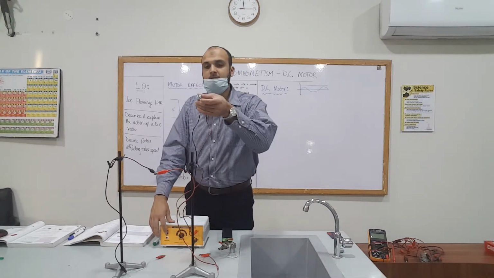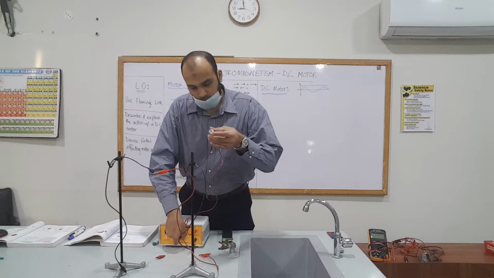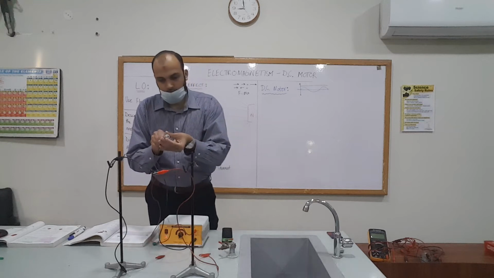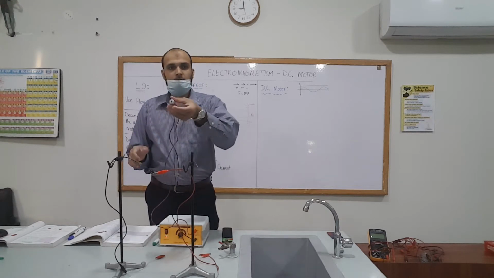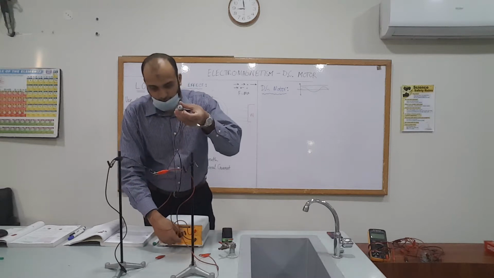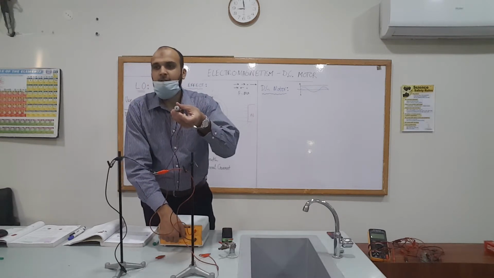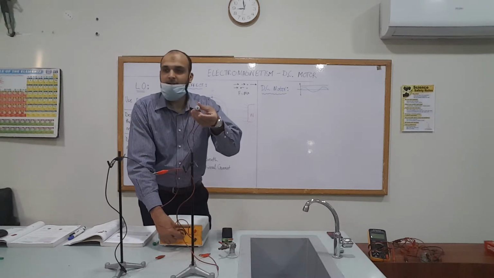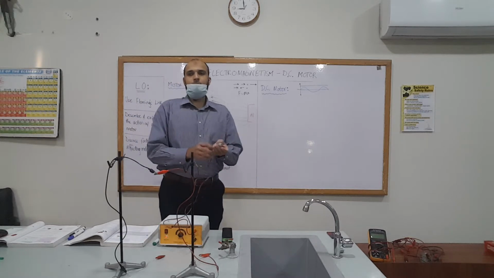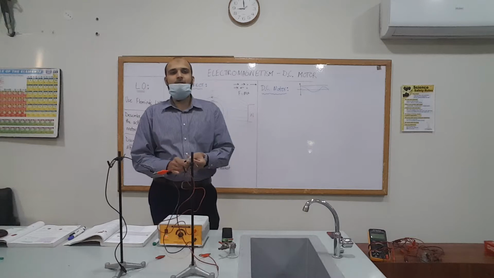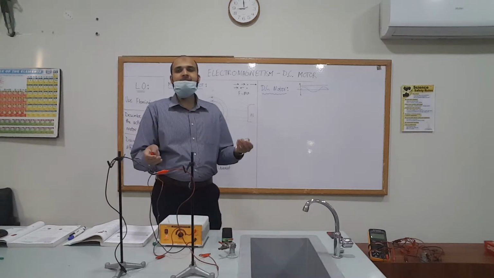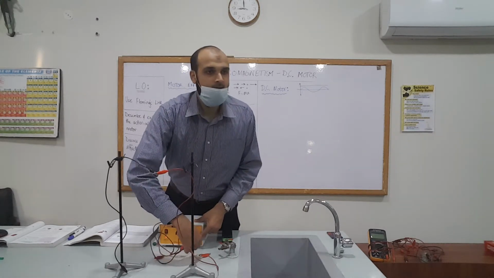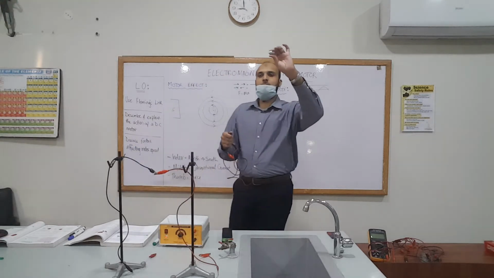So when I start this, it should work. Can you hear that? And the greater the voltage we have, the faster it moves as well. Okay? So this is basically the device that you typically find in, for example, your remote control cars and your remote control helicopters, where they are operated by a DC voltage and a DC current, right? Using your cells or your batteries. So this is the sort of stuff you typically have inside.